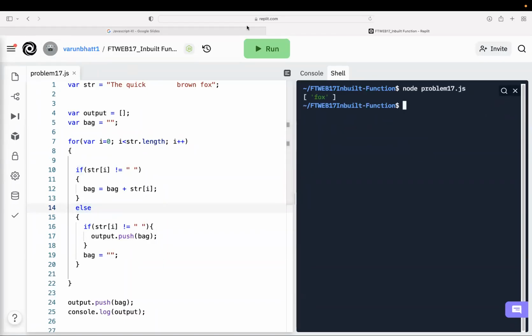Okay, so let's see the dry run, and using the dry run, let's solve the problem. What is actually happening here? Can you see that i is equal to 0, and when i is not equal to the end, the bag is containing T. After that H will come, and E will come. And when it finds this thing, the space,